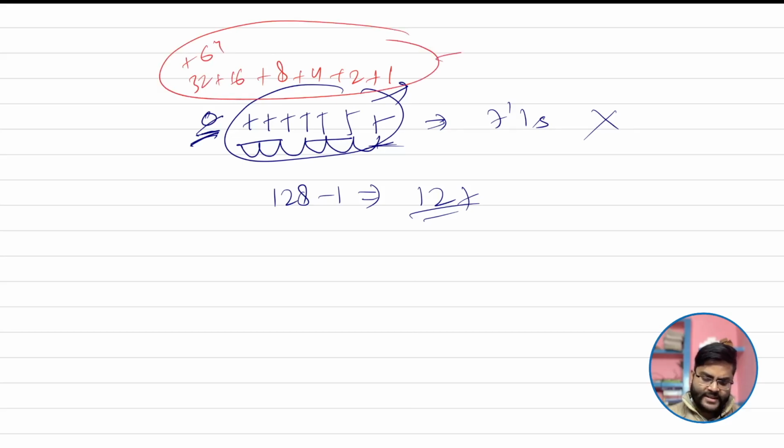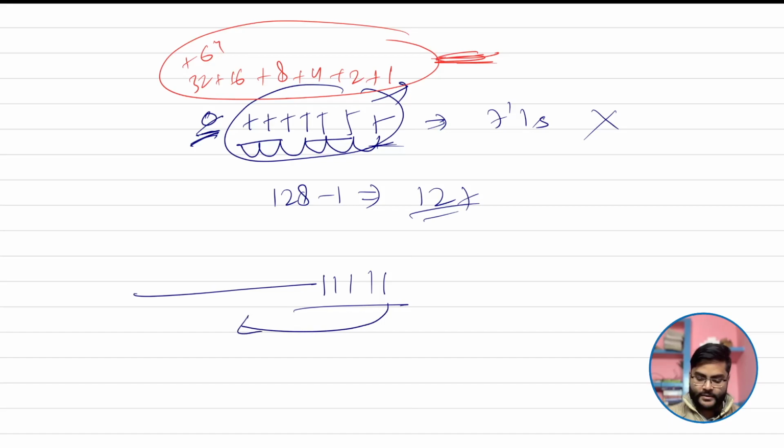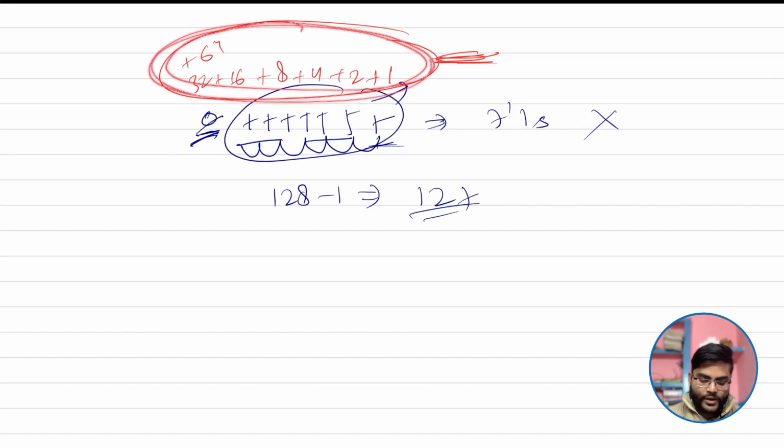You don't need to add these things. From next time, when we have consecutive ones from LSB to MSB,